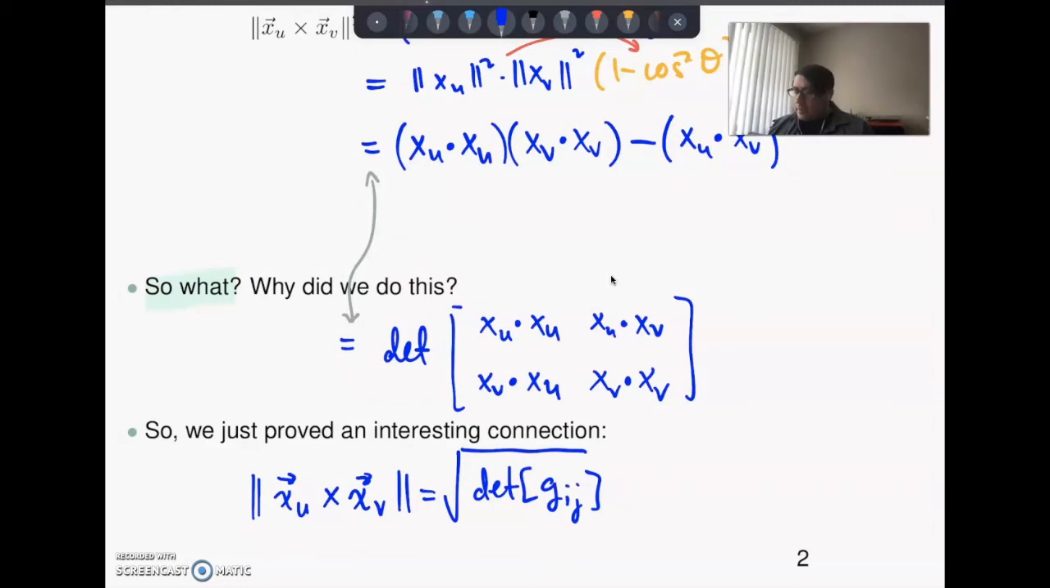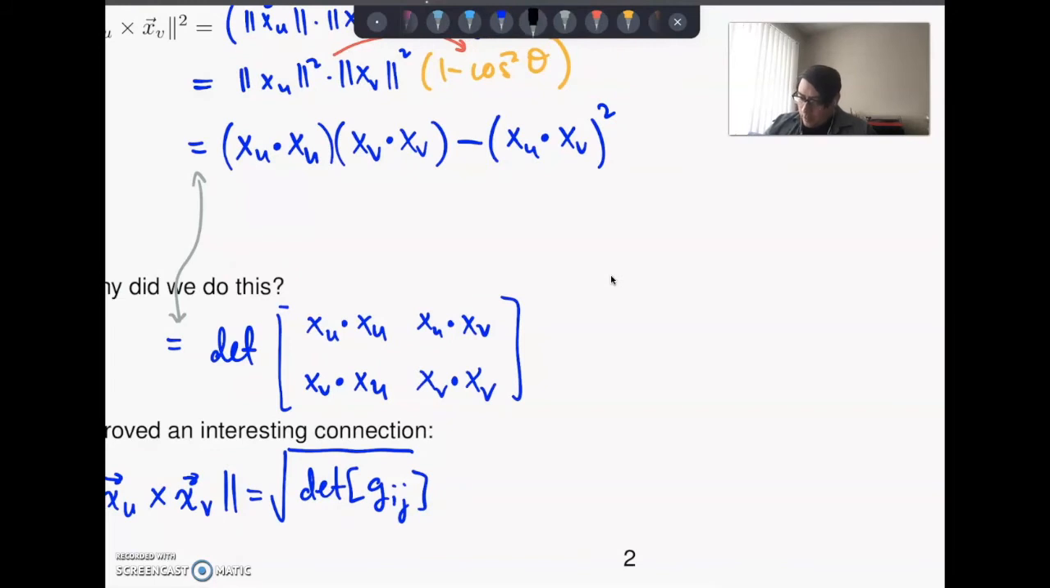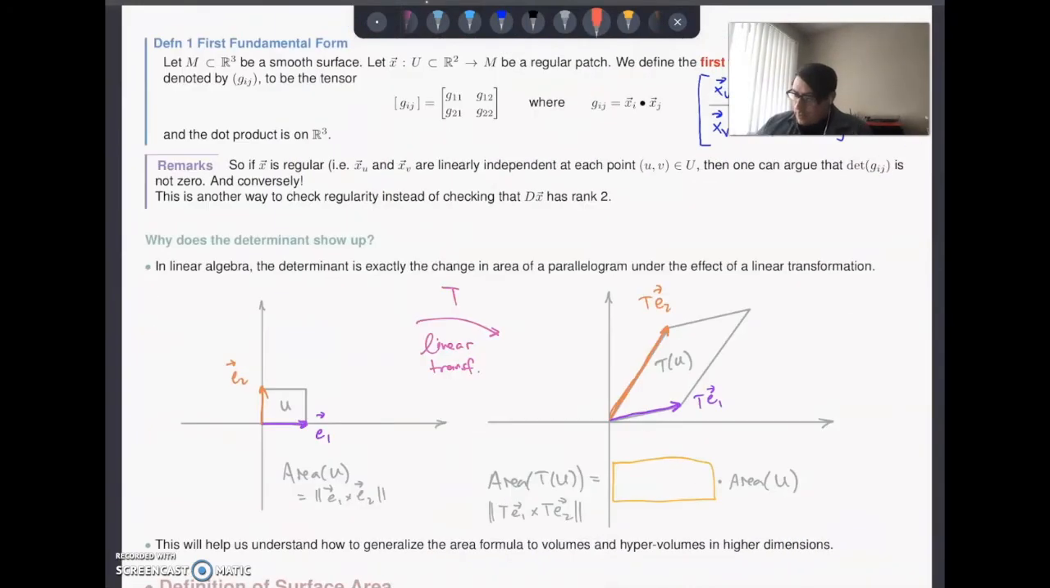And now this gives us a new way to think about the area piece. We could write it as the cross product, but now we have a different way to look at it, where I'm going to define this new matrix here. And as mathematicians like to do, we want to make this brief. I'm just going to write it as Gij, square brackets. Basically it's the matrix of dot products of xu and xv. This leads us to a natural definition. So if we look at this matrix